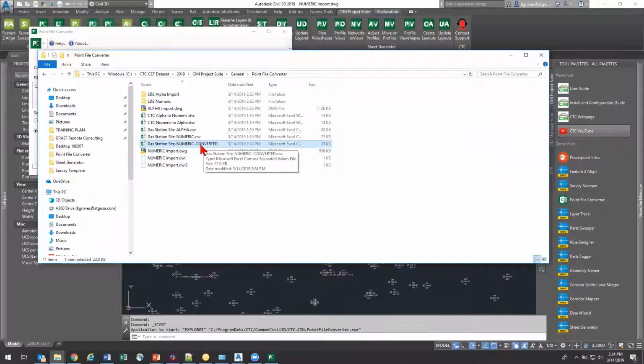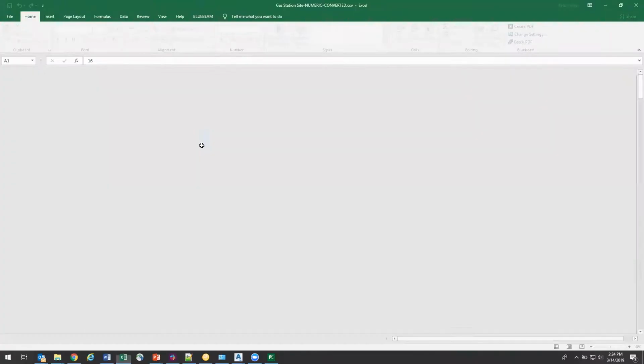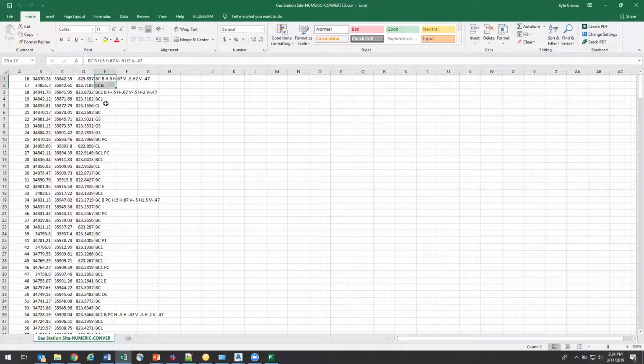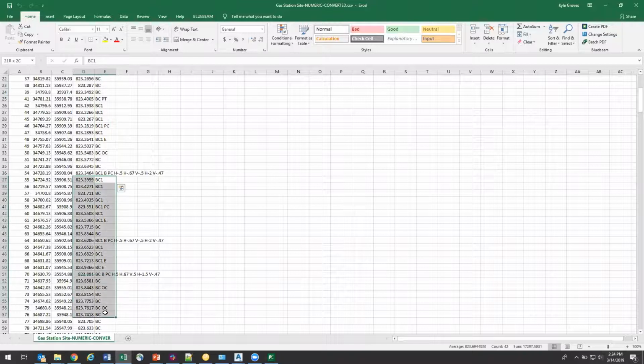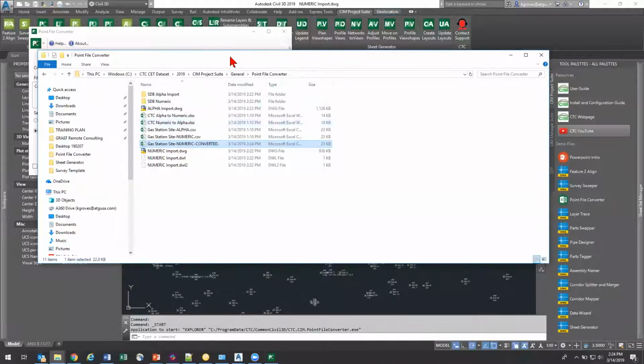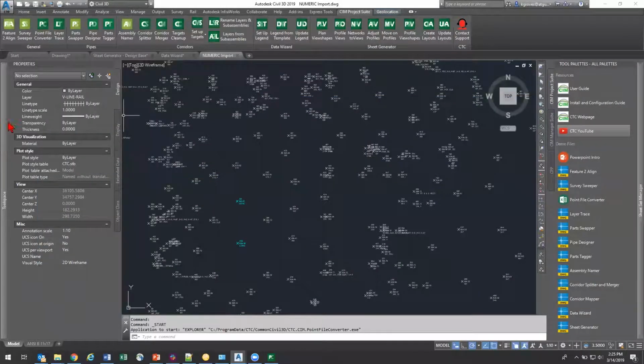It's taking these two and applying all of that coding. It's going to create a brand new CSV file for you to import. If we open this up, I can see I no longer have any numeric codes. I've just got this all set up. And now when I go to import as a new